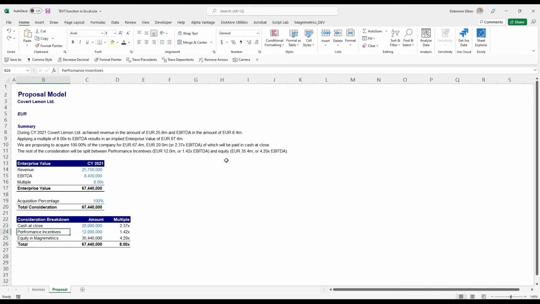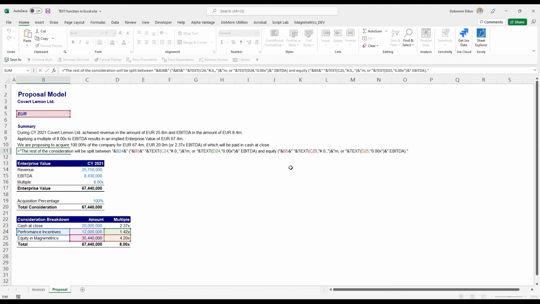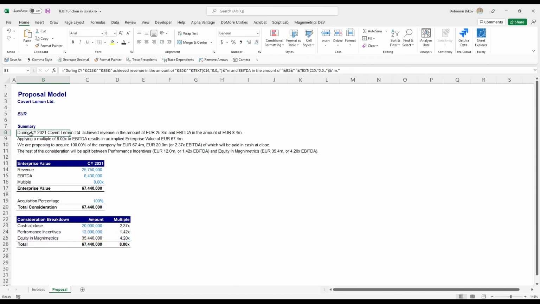And we can do the same for the equity part up here. So instead of having equity, just do it like that. Same stuff with the text formula and the concatenation with the ampersand,